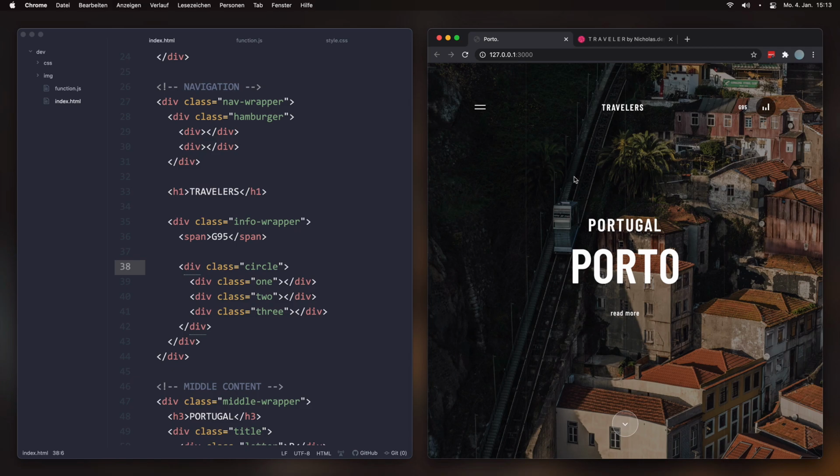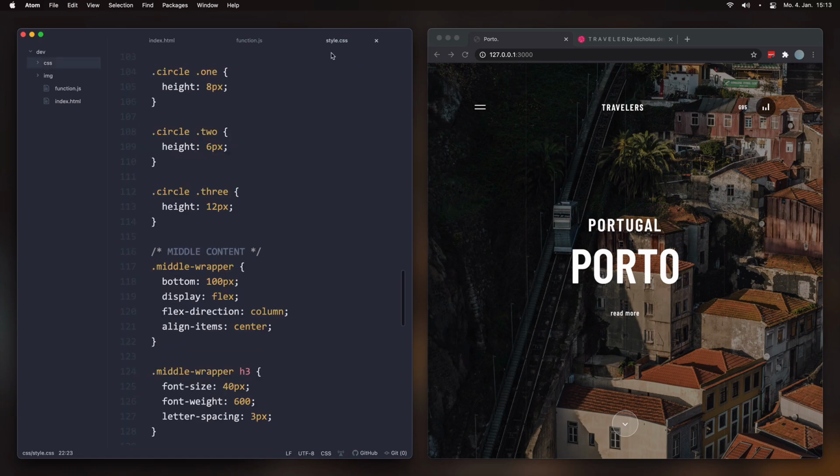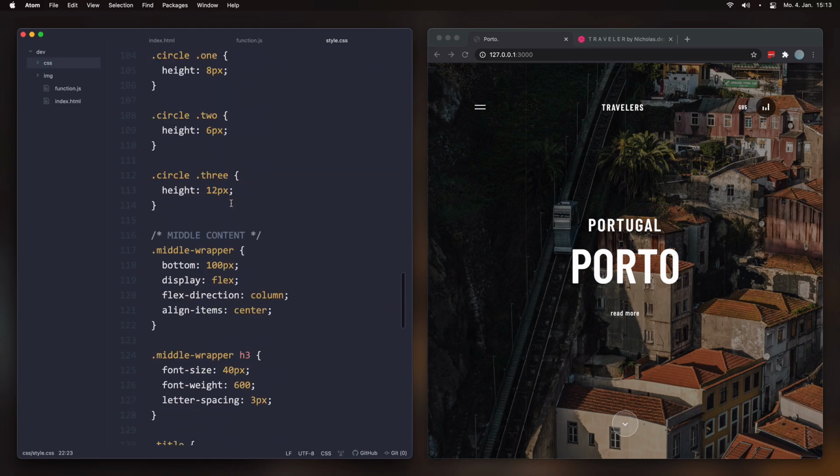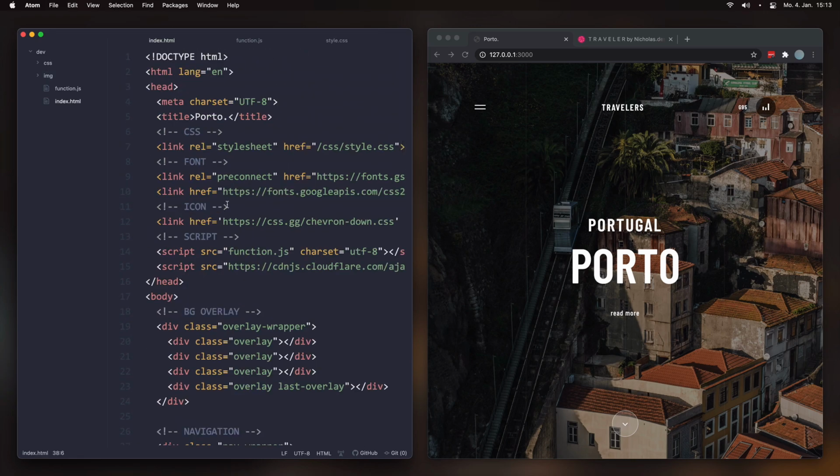It's built in simple HTML and CSS, as you can see here on this side. We have our HTML structure right here and a couple of styles in this CSS file, and that's everything we have here. There's an image folder for the background image, and we have a file called function.js, which we'll use